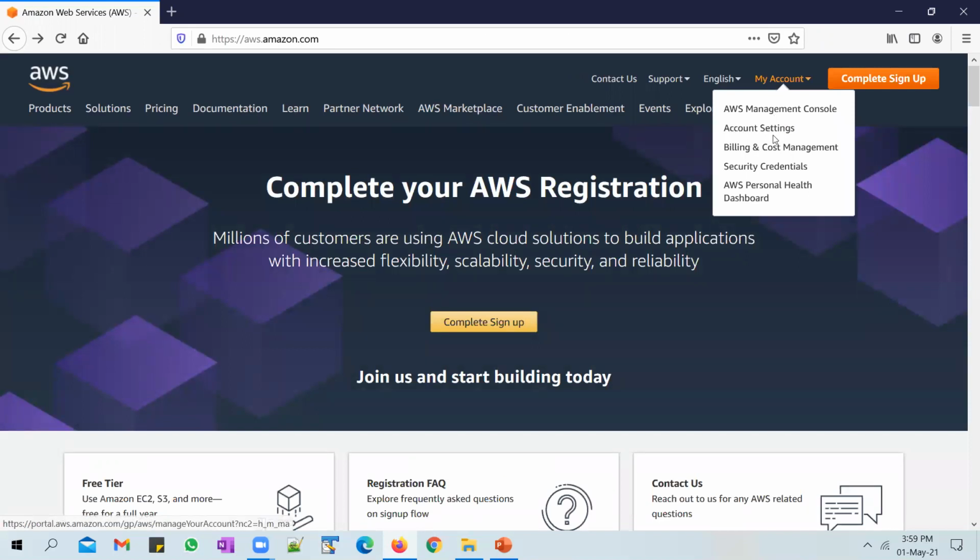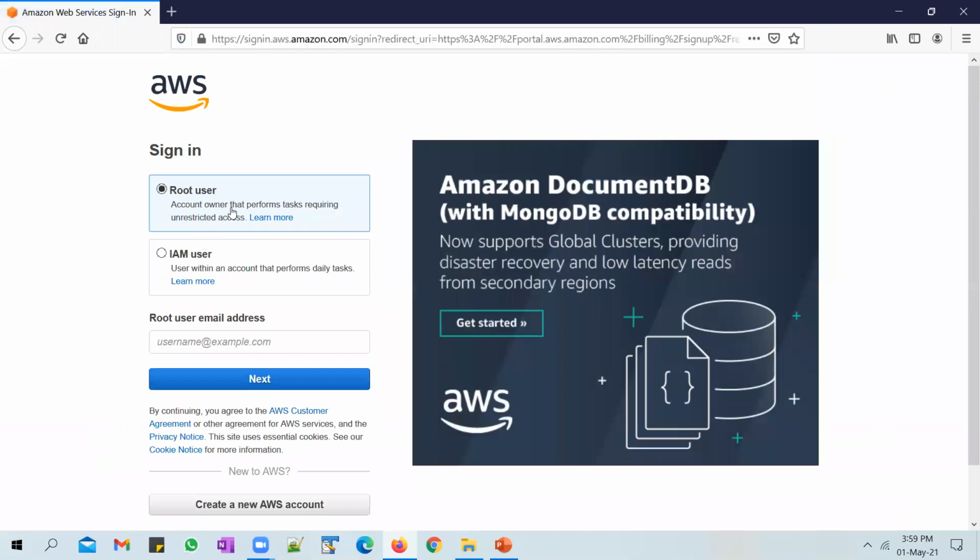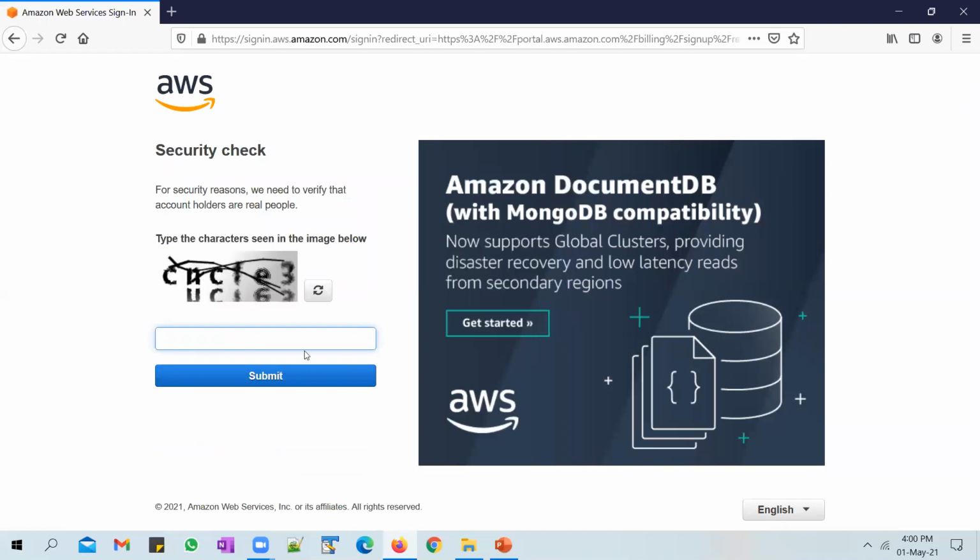I tried to create an account earlier, so that's why it's asking me to complete the sign up process. That's fine. Let me just click on it, and that will take me to a sign in page. So I will be signing in as a root user now. You will have to use the root user credentials that you created in the previous video. There will be an additional security check involved, especially when you try to log into an AWS account using the root credentials.